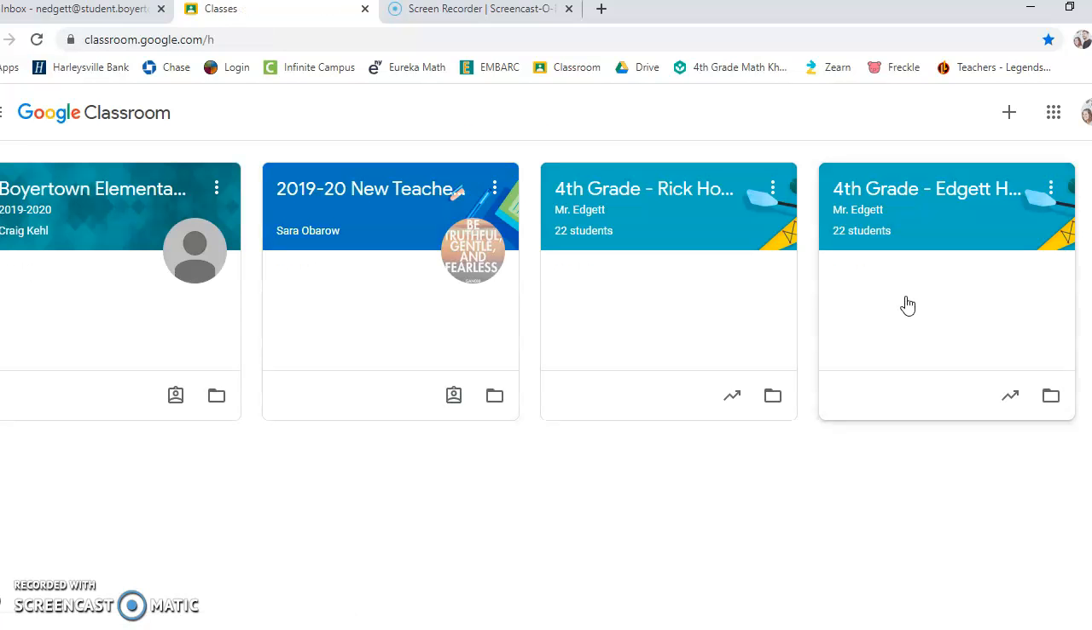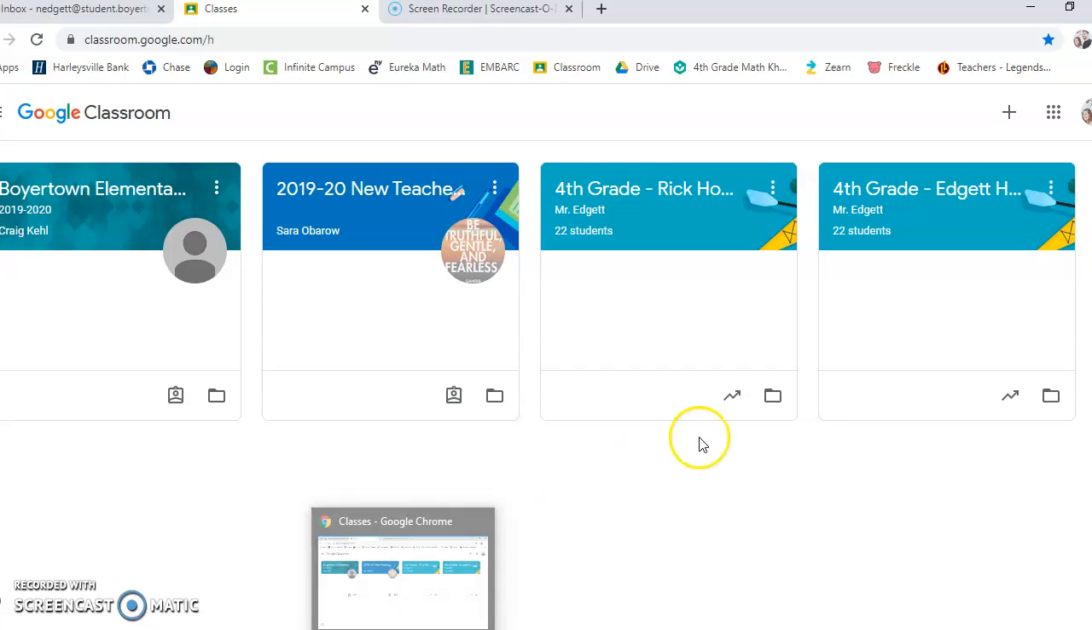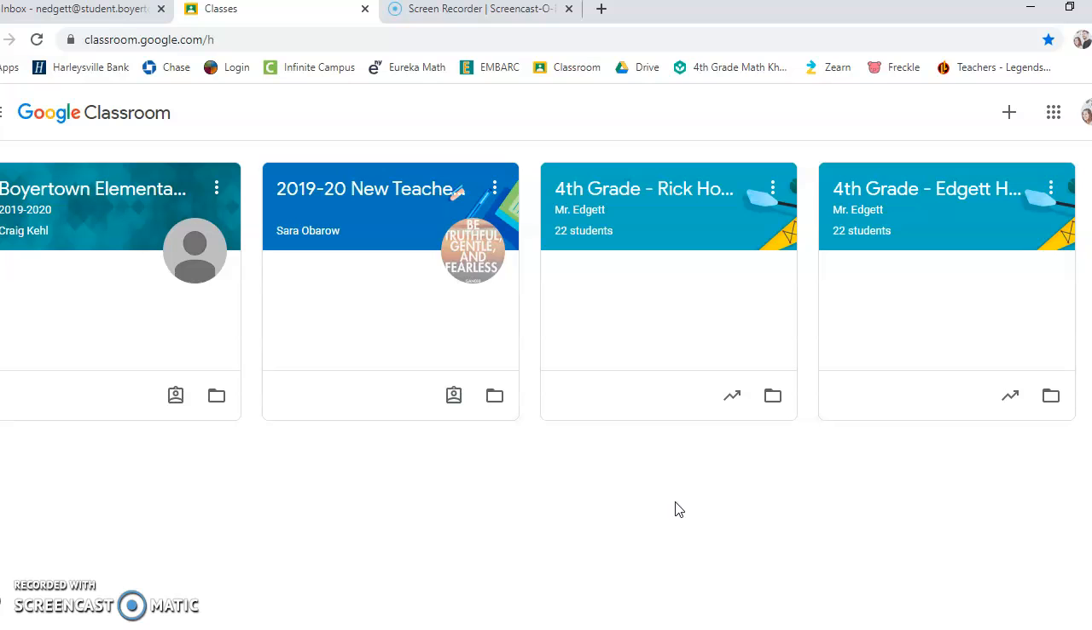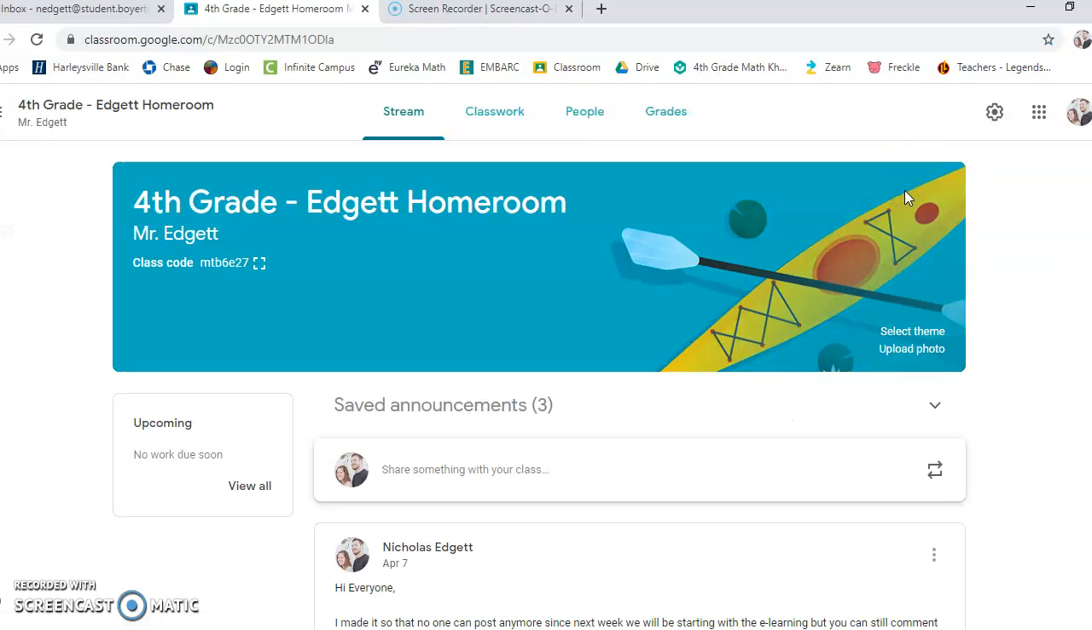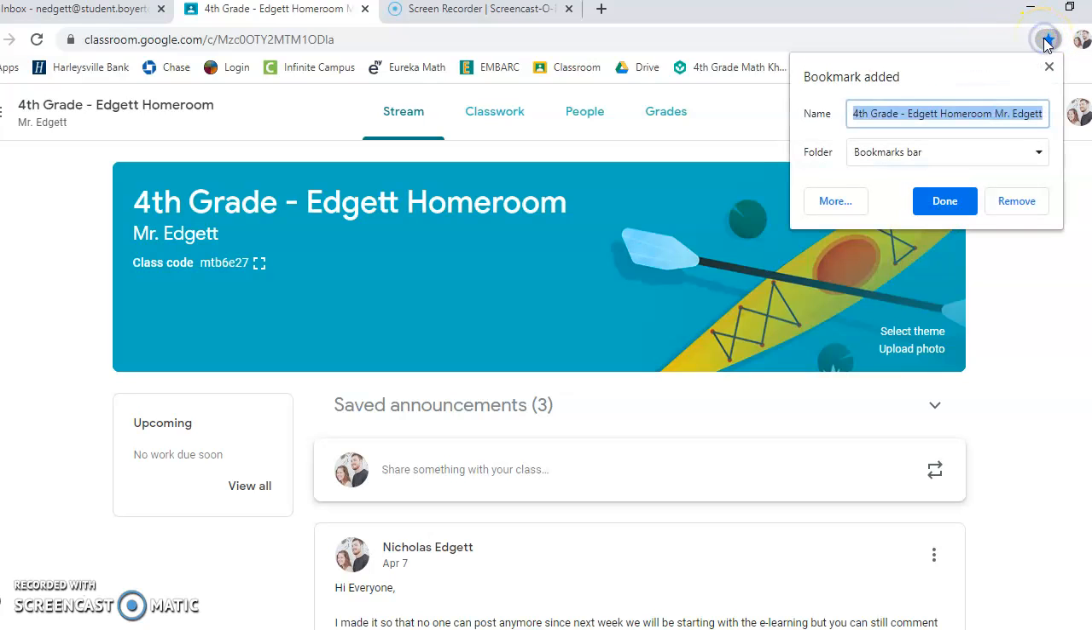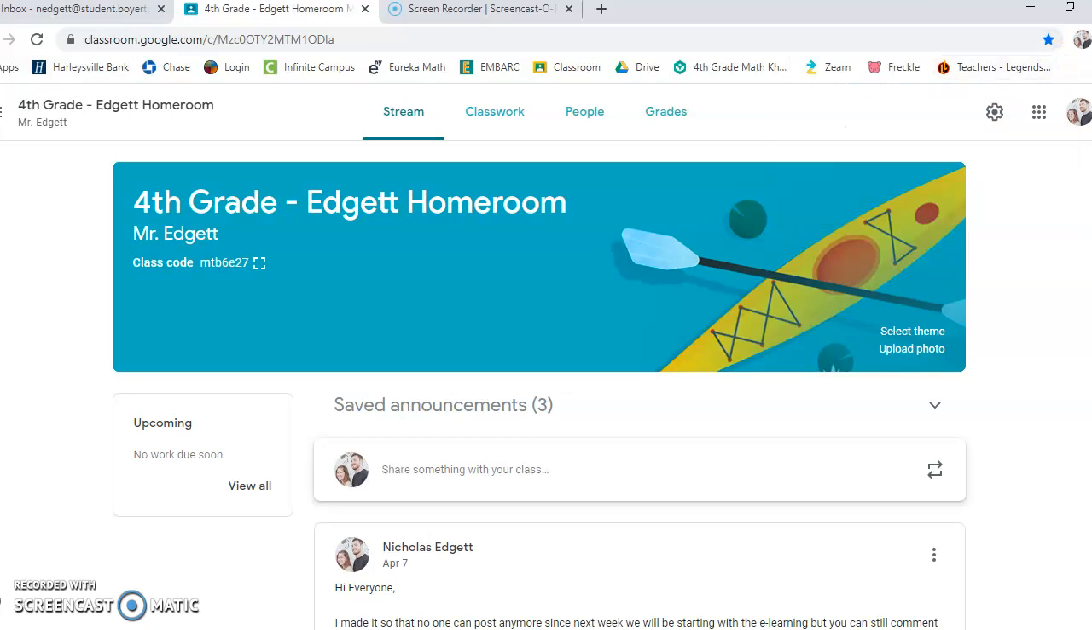My suggestion is down here where you have the red, yellow, and green. My suggestion would be to use Google Chrome because this is Google Classroom. And that way you can actually bookmark it. If you come up to the top right where the star is and you were to say bookmark this tab, you could say Google Classroom for Mr. Edgett. And that way, anytime you click the internet, I have mine right here, you would see that green chalkboard